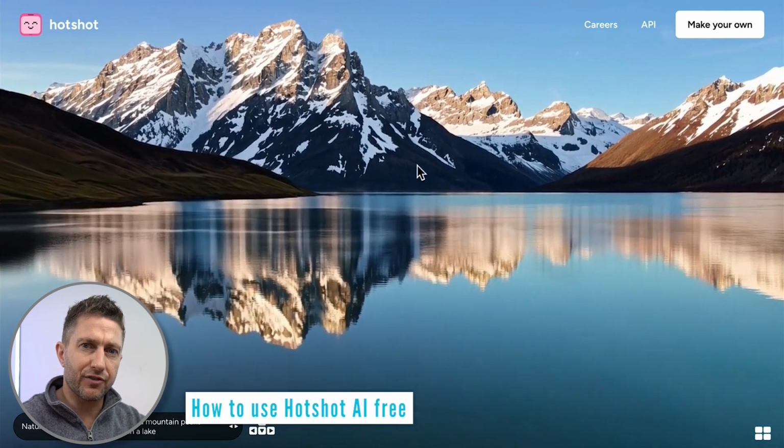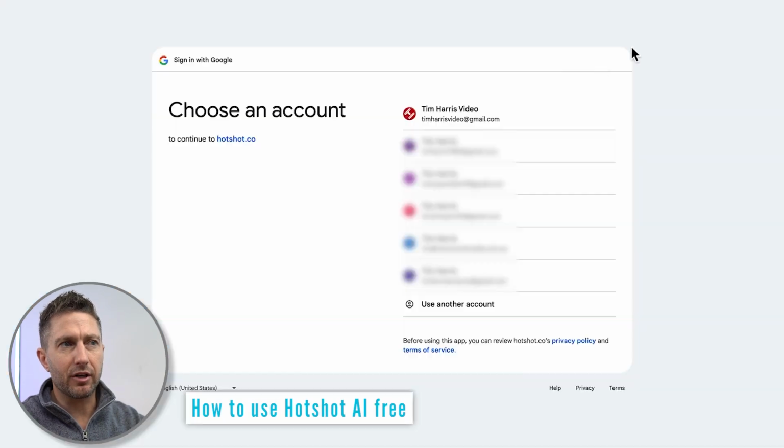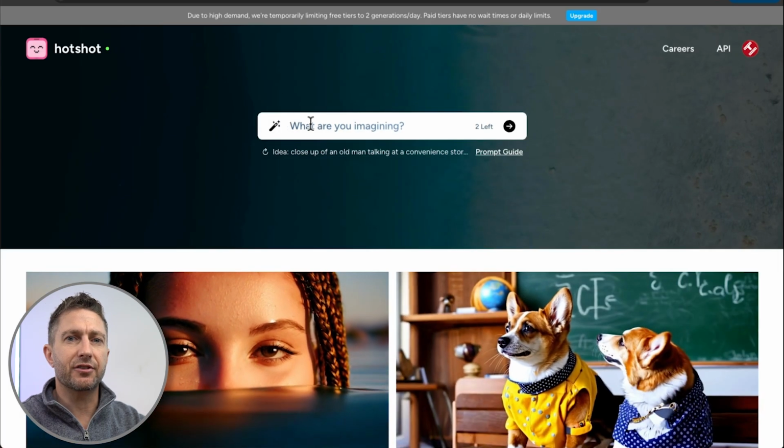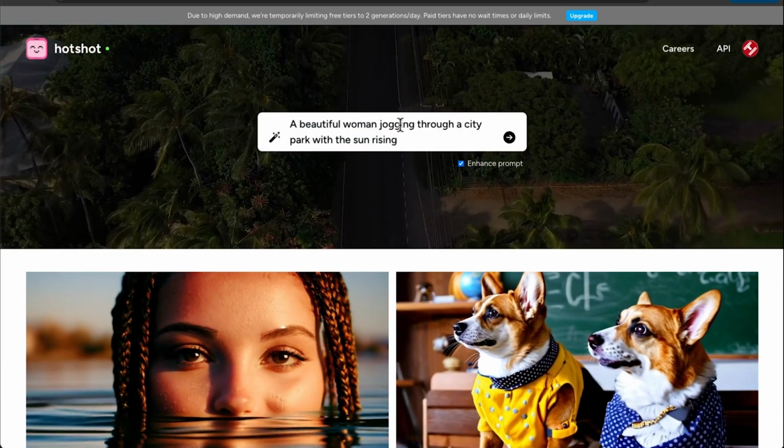Here's how to create your first Hotshot AI video. Start by clicking Make Your Own. Then just log in with the Google account. You're then taken to this creation screen. So let's try a beautiful woman jogging through a city park with the sun rising. And you can see we start with a loading bar here, so while we wait for that to generate,